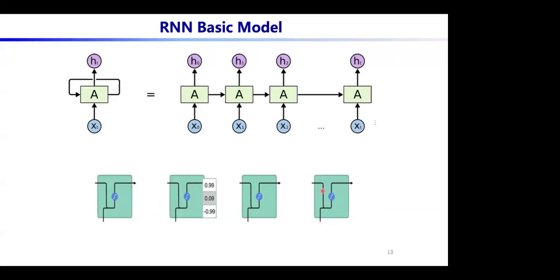No matter what kind of weight you use, obviously as this relay process goes for very long steps, very long iterations, the influence of the very early steps actually becomes less and less. So this is the deficiency of RNN. That means it cannot really deal with very long sentences because there is this kind of information decay of the previous records.